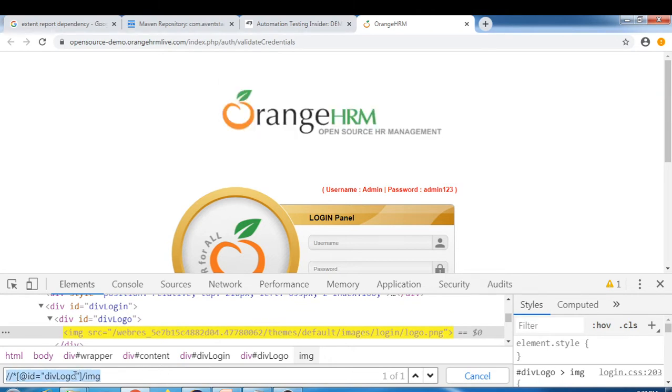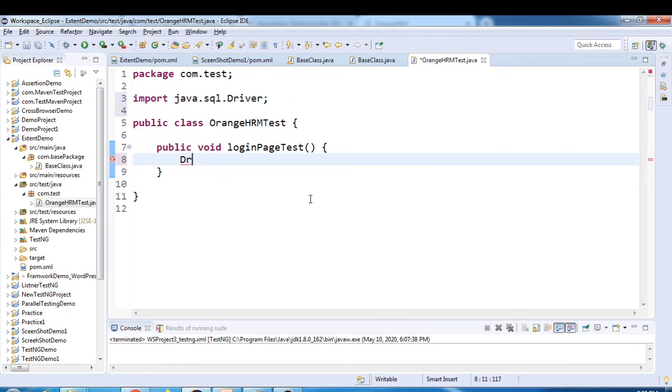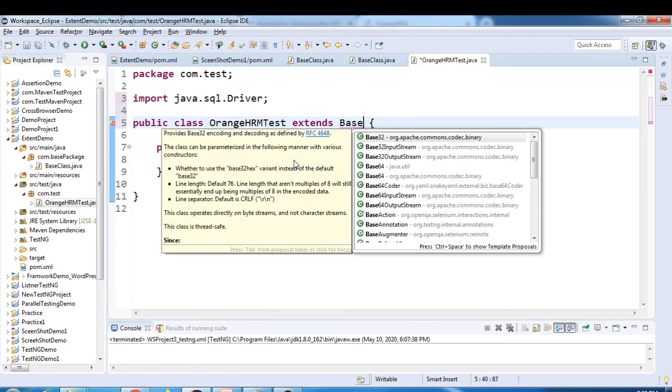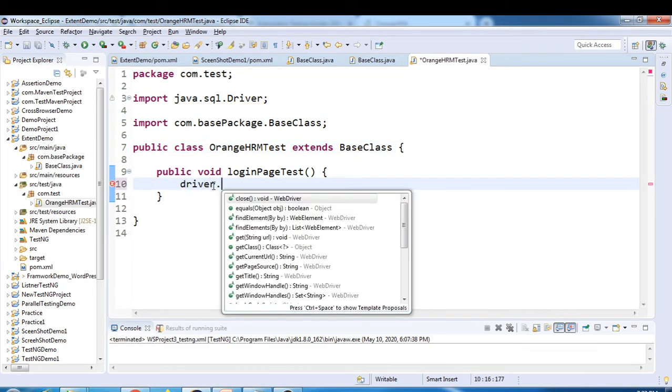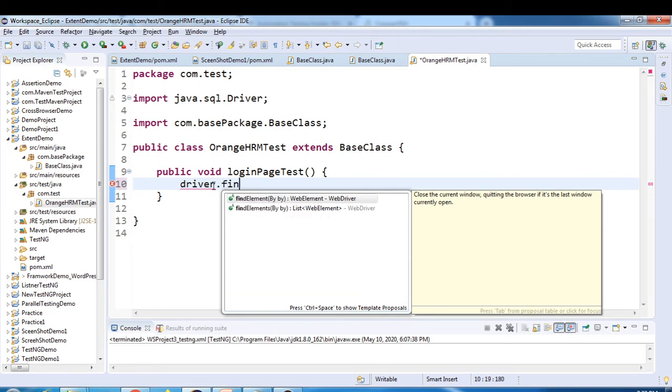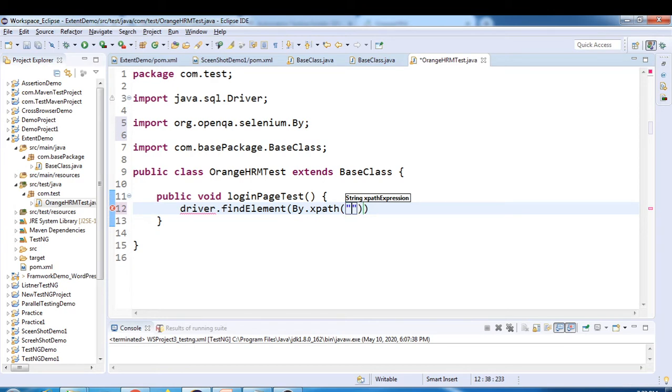So we can take this, and here we'll write driver dot, and in this case this test class should extend our base class, so we can use driver object. Okay, base class like this. So here we can use driver dot find element by dot XPath, and we'll put the XPath over here,